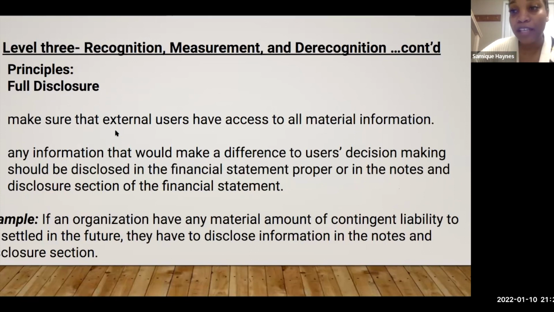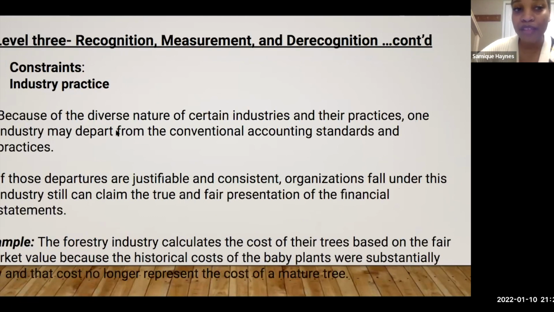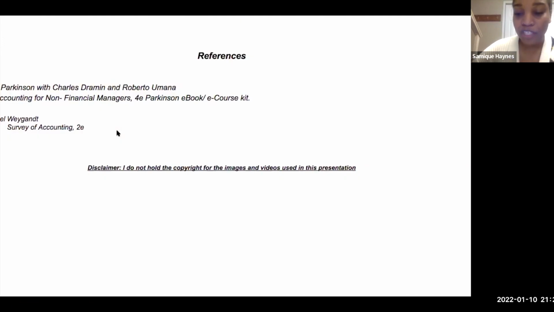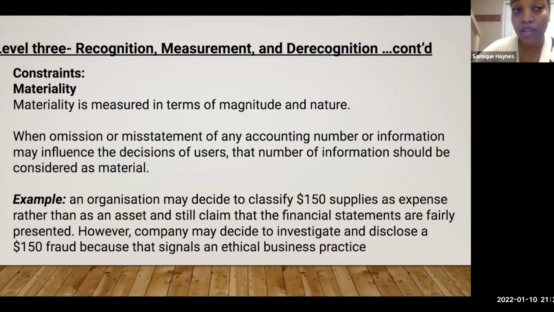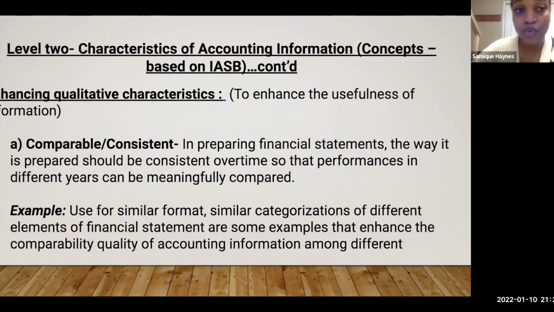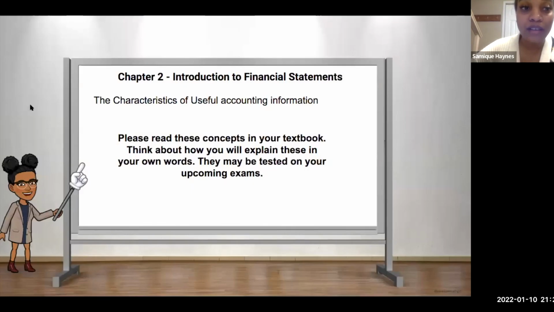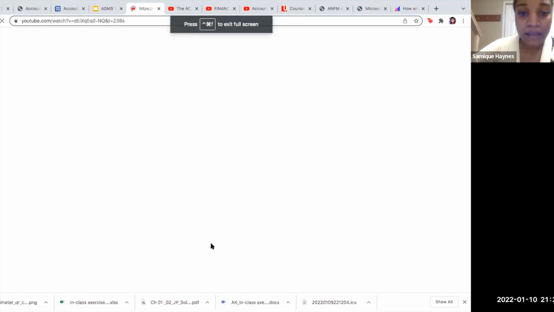But the information in these last few slides is very important for you, though I'm not going to go through them with you, just because it's just theory and you just need to read them and read the examples and understand. But what I am going to do before I dismiss you is we're going to listen to this video that I found here. They just go into explaining some of these concepts as well. And then this will be it for the rest of the night.